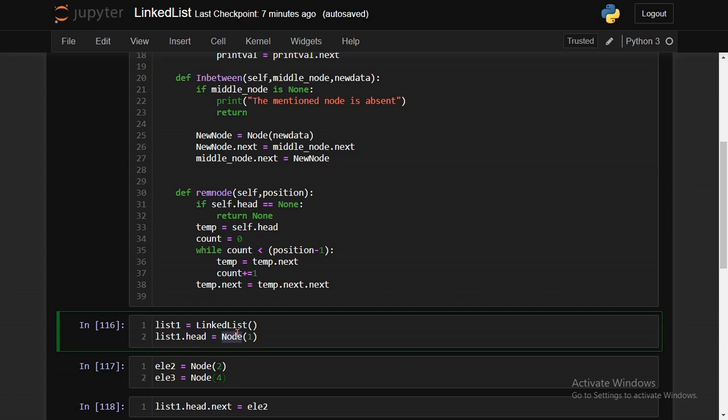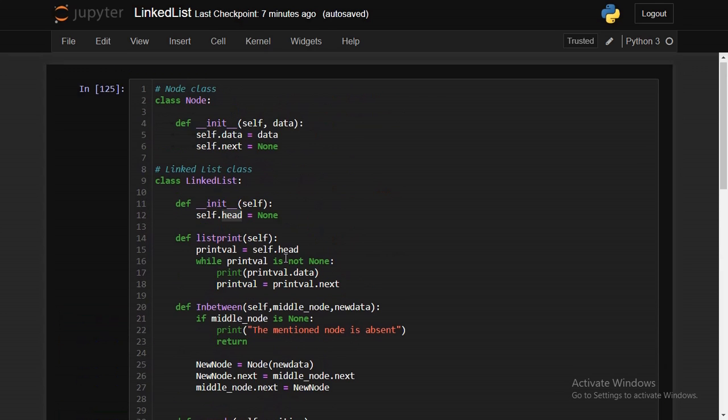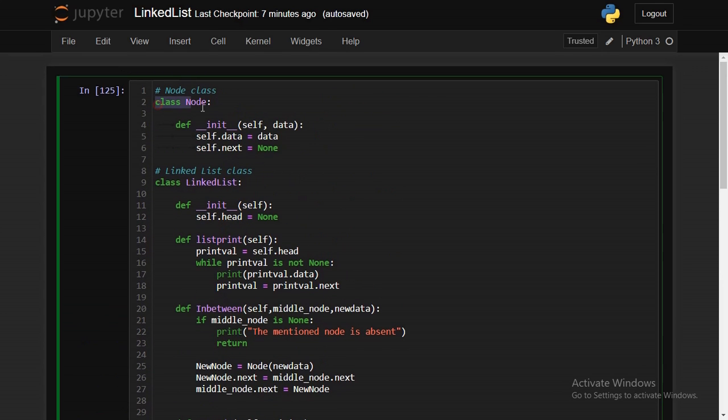As soon as I pass 1 inside this Node class, this command comes over here and it will try to execute this part of the code. Node receives data. You need not pass self, it's very common. Let's just refer to the object oriented programming. You have to pass data. The data is 1 here.